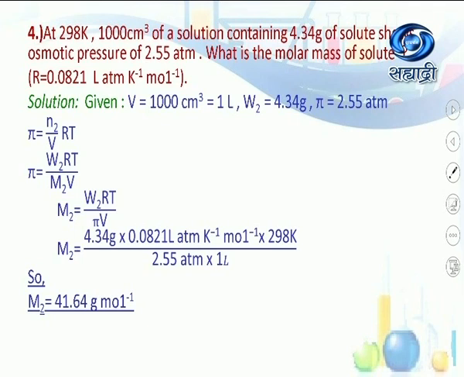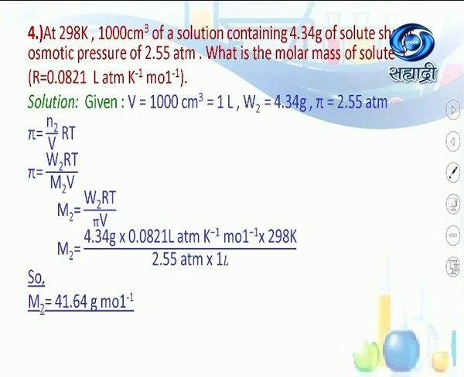Which formula we have to use? We know the formula. Pi is equal to N2 RT upon V, which is same as W2 RT upon M2V. So M2 is equal to W2 RT upon pi V. So M2 is equal to W2. How much is W2? 4.34 gram. R, the given value of R is 0.0821 liter atmosphere per degree per mole, into T, temperature, how much is the temperature? 298, divided by pi, which is 2.55, into